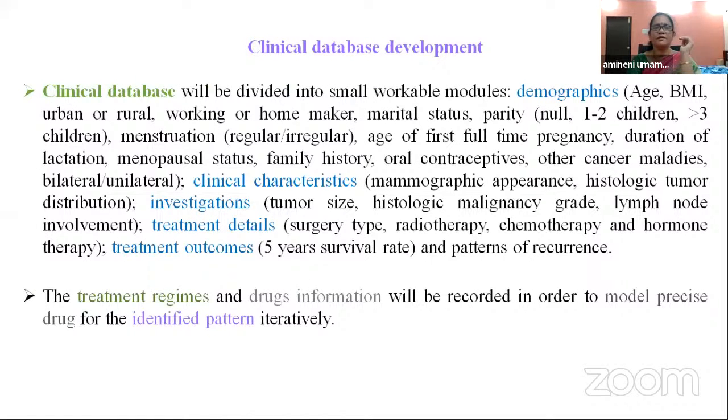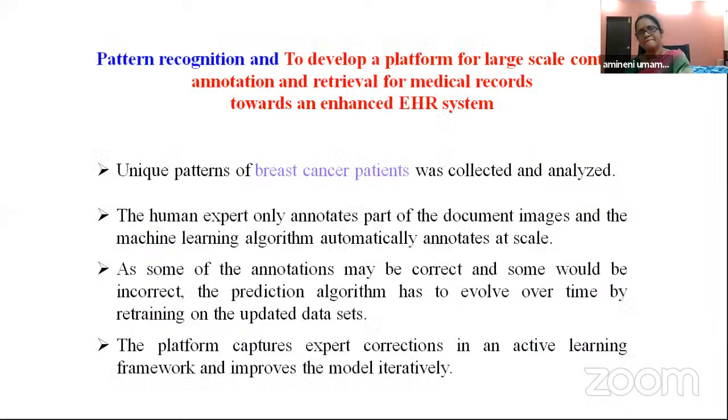And again, we are maintaining the clinical database. This information is present in the case sheets, and the electronic health records are also available in SWIMS. So based on these characters, one more database will be generated. And once we have this information, then we have to identify the patterns. There are 2 different types. One is based on expert opinion: for the radiology slides, we will define with the help of the radiologist. And another is without the doctor's opinion, where we use a machine learning algorithm.